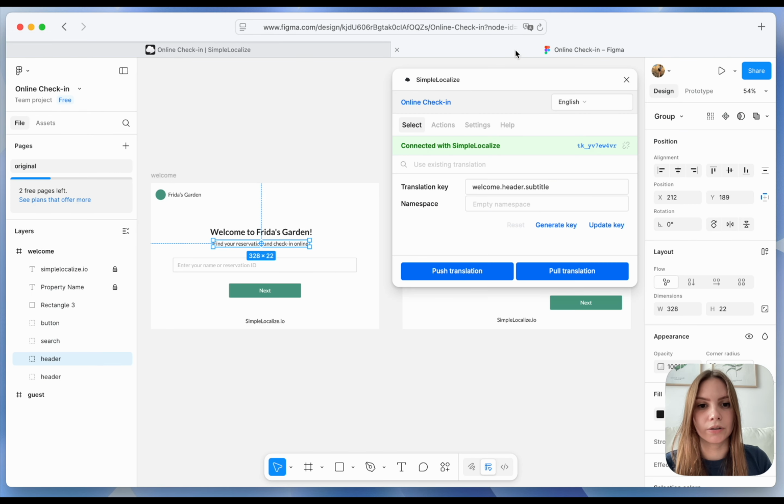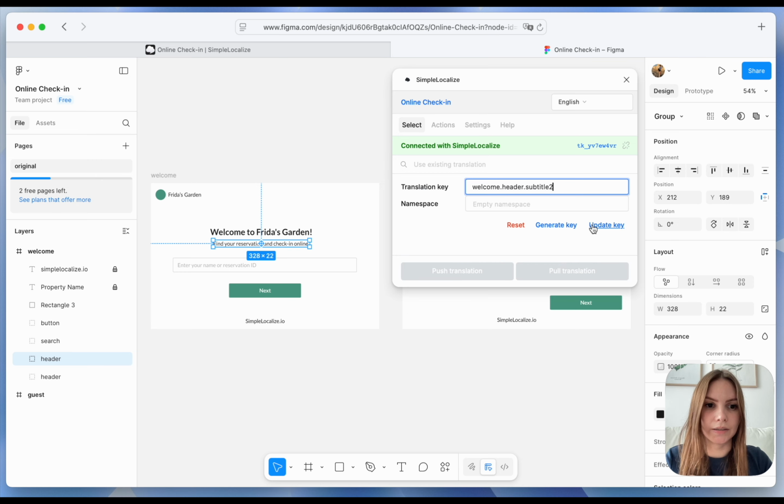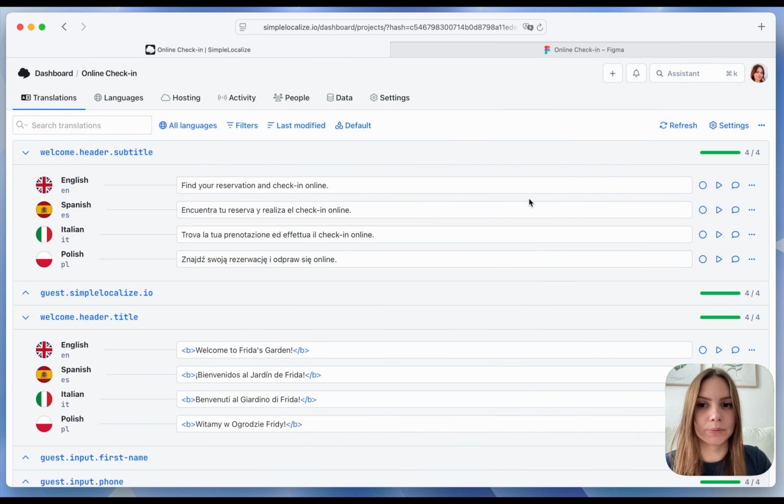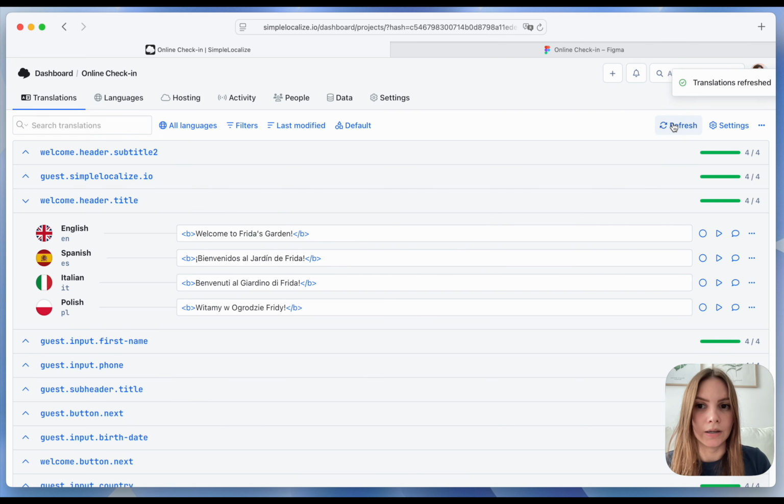So now if you edit a translation key in SimpleLocalize or in Figma like that, we can update this from here and it will be updated in SimpleLocalize as well. So this way you don't have to worry about the synchronization, as all the translation keys will be synchronized and